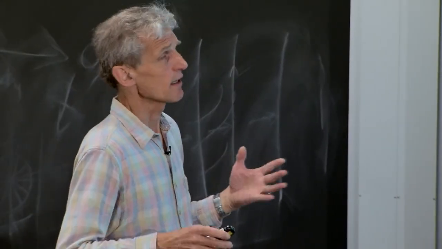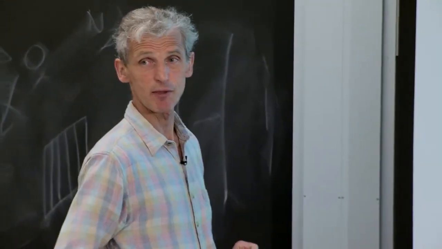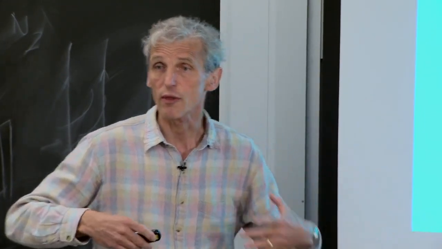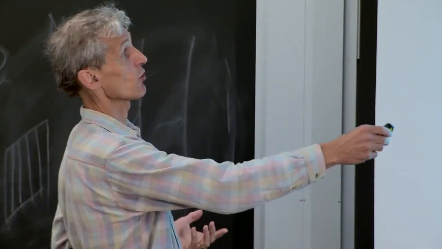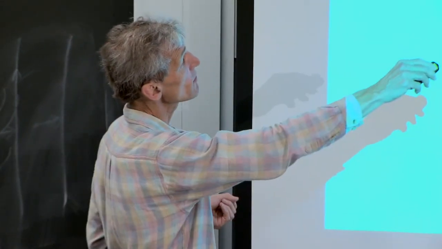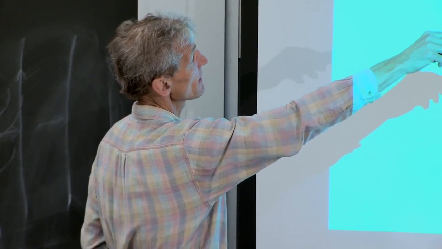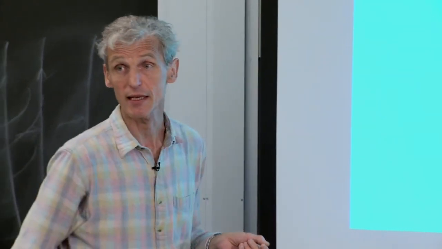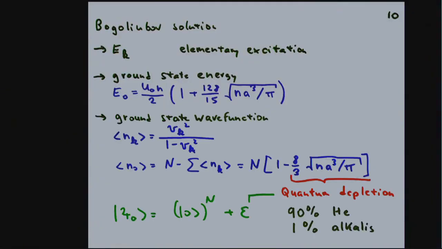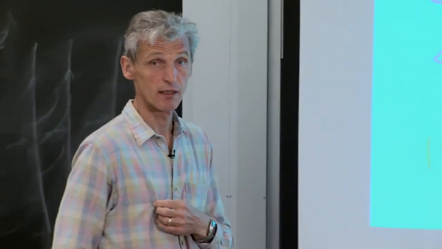But let me first say, when we have diagonalized the Hamiltonian, we know everything we want to know. I just focused on the quasi-particle energies, but you also know the ground state energy. And actually here, Colin, you see that the corrections to the ground state energy scale with na cubed. So this is really the small parameter in the system. But we can also find out what is the ground state wave function. And let me use that to introduce an important concept to you called the quantum depletion.